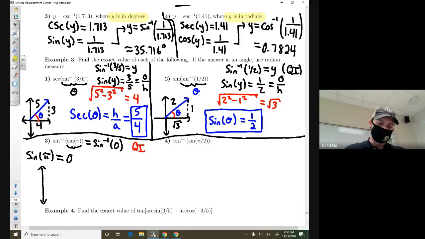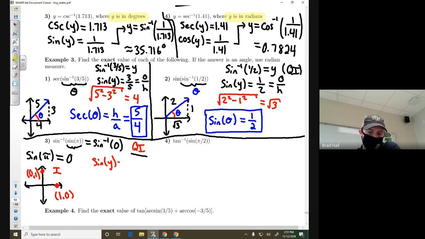So instead, since we figured out that we have a quadrantal, now what we need to do, so it said look at quadrant 1. Well, the quadrantals don't lie in a quadrant, but we can look at the points that surround quadrant 1. So quadrant 1's over here. So we can look at the two axes, or the two angle values that surround quadrant 1. Where one of them is (1, 0), and the other one is (0, 1). We need to figure out which one of these corresponds to